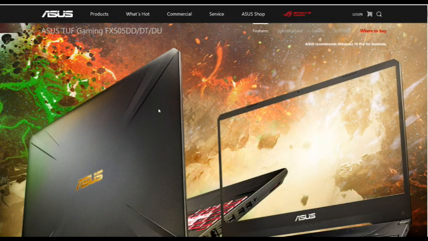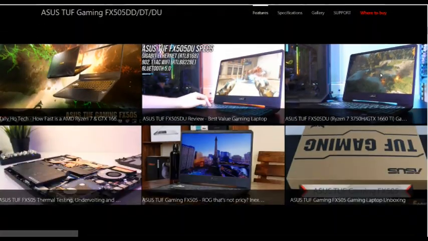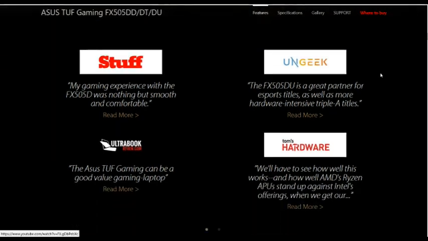So today at the table, I'm looking at the Asus TUF Gaming FX505DT, but this is also relevant for a few other in the model lineup. So be it the DD or the DU. So this particular machine pretty much has a Ryzen 5 or Ryzen 7 processor with a GTX 1650 or 1660